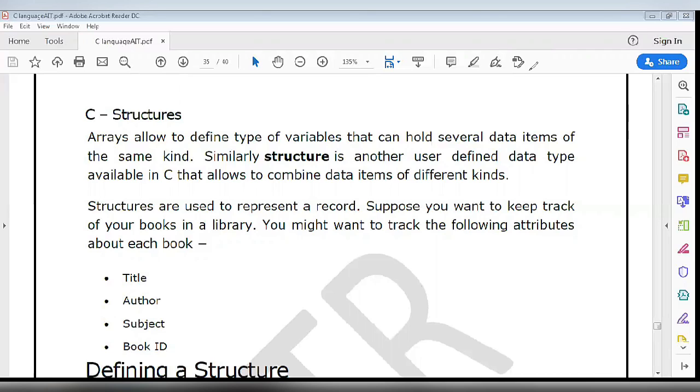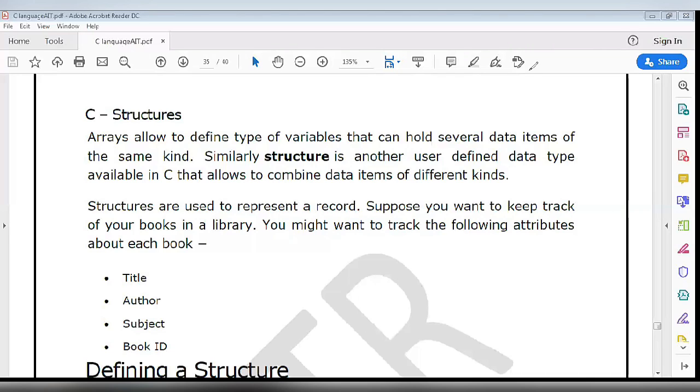For example, suppose there is an object book. As we know, there are a number of elements associated with the object book, like the title of the book, author of the book, subject of the book, the book ID, number of pages in the book, and the price of the book.